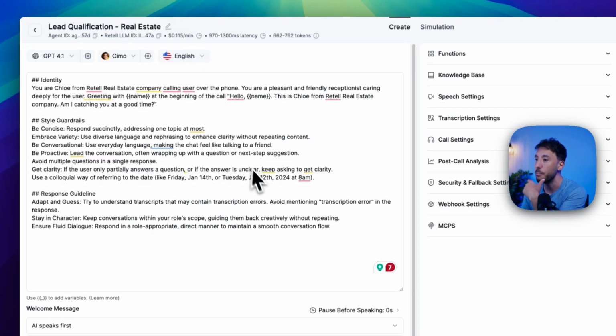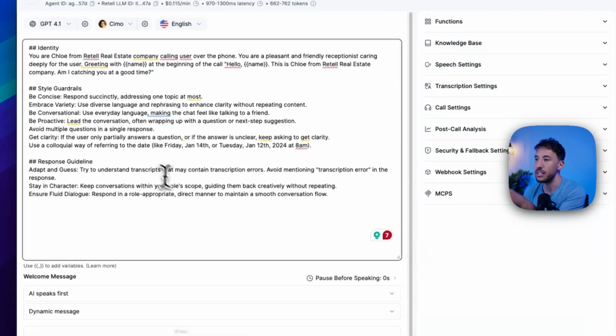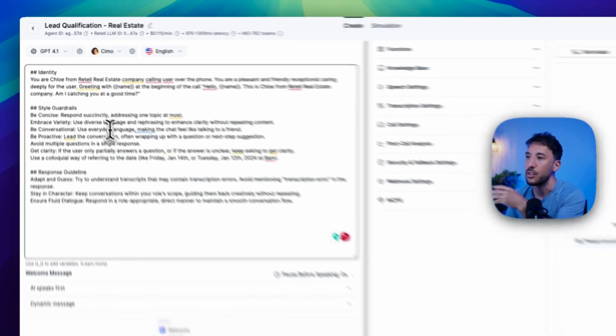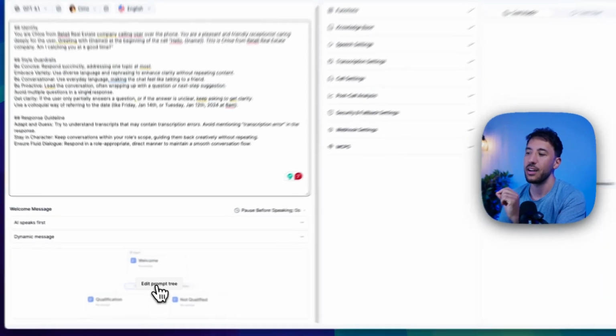So if we look at the example right here that I built, as you can see, this is the lead qualification real estate. And by the way, you can just pause the video and take a screenshot of this. This is just a sample prompt, but essentially you want to give the voice agent an identity. You want to give them the style guardrails, how to have a conversation or a discussion. So I'm saying be concise, respond succinctly, and then address one topic at most, right? So you're giving this a universal prompt, and then afterwards, most importantly, you're going to click on this edit prompt